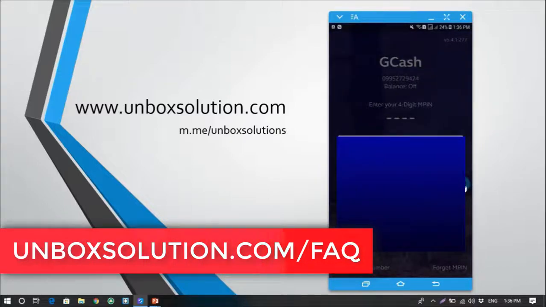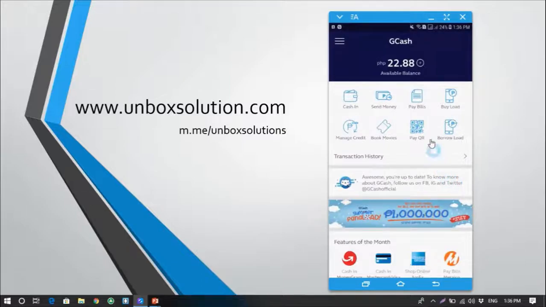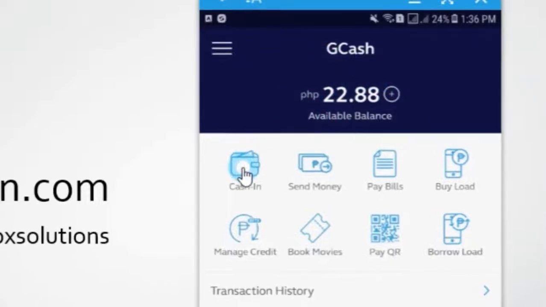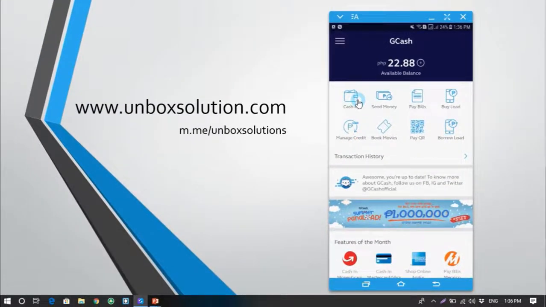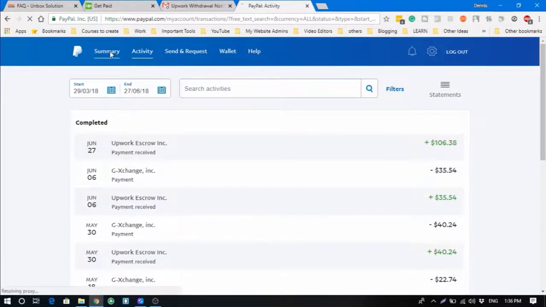And I'm logging into my Gcash account now. So as you can see, my balance on Gcash is only 22.88 pesos. So to cash in from PayPal to Gcash,